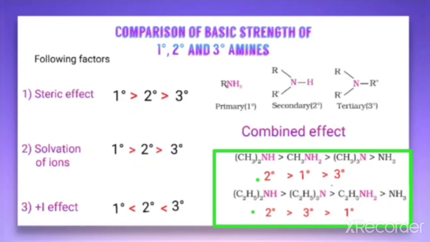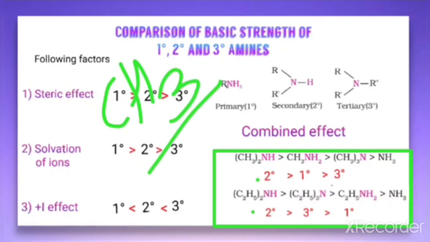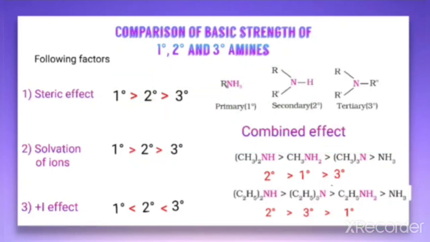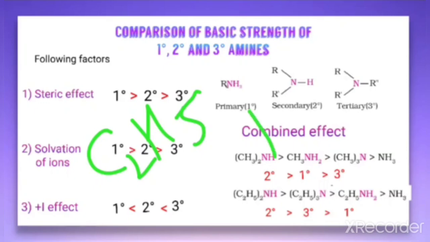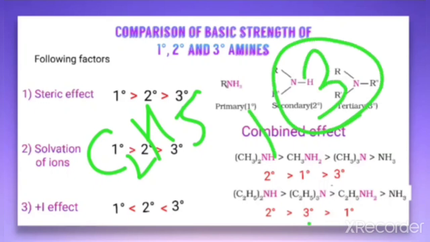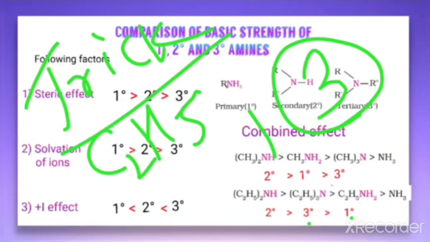For that I am giving the trick: methyl group CH3 is a smaller group. So 1 and 3 is remaining. Start with the smaller number, that is, next will be the smaller number 1. But when there is a C2H5 group, that is a bigger group, 1 and 3 is remaining, so start with the bigger number 3. So next will be the 3 and then the 1. So this is only a trick. There is no scientific concept here.